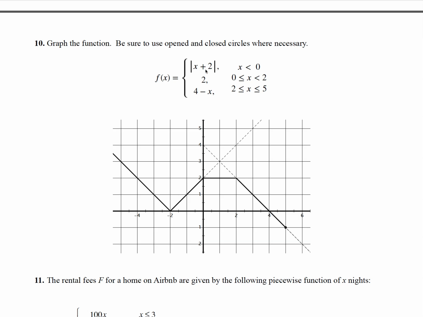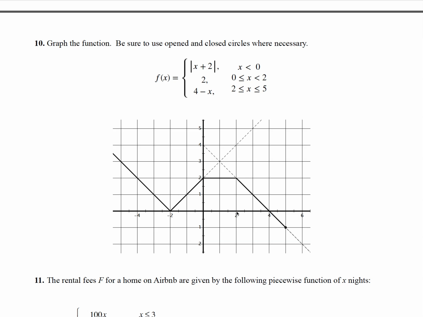Well, the first function is defined for any x less than 0. So that's where we stop. We stop at x equals 0, which is the y-axis. So we erase all this. And then the constant function is only used from 0 to 2. And so if we had the constant function sketched over here, we would erase here, and we would erase here. And then finally, the 4 minus x